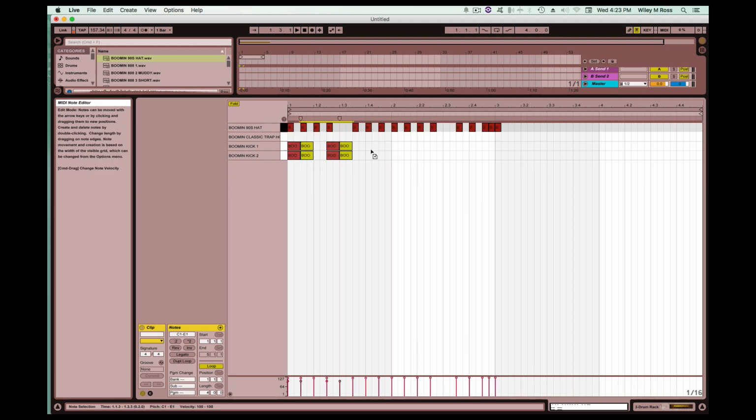If you hit B, you get that little tool and you can draw it in. Right here, you hit B, bang. I don't know how much you know or you don't know, so